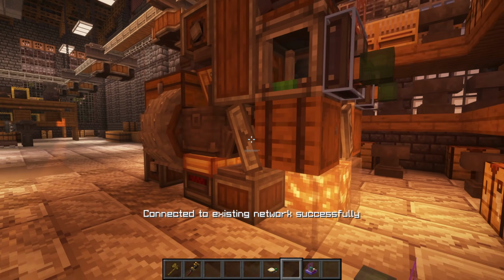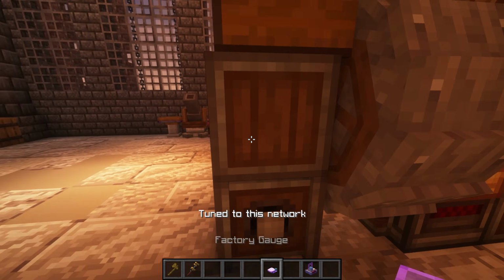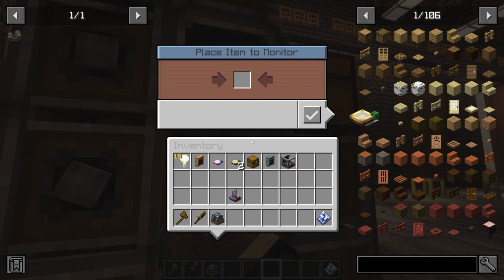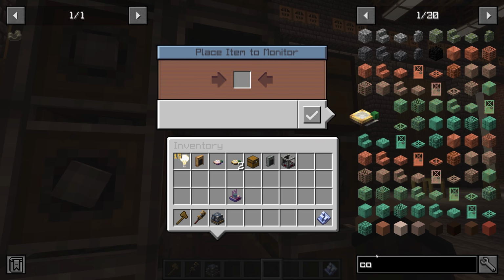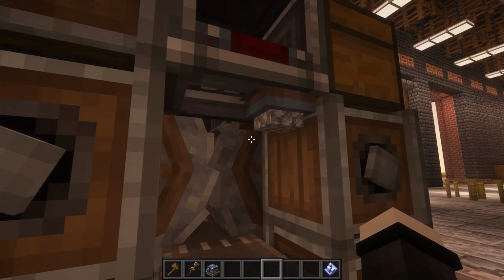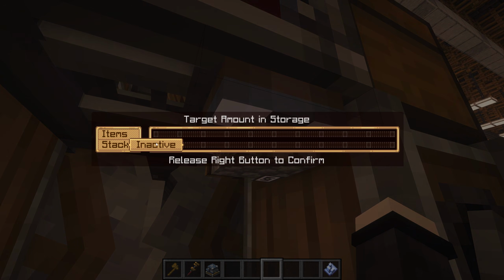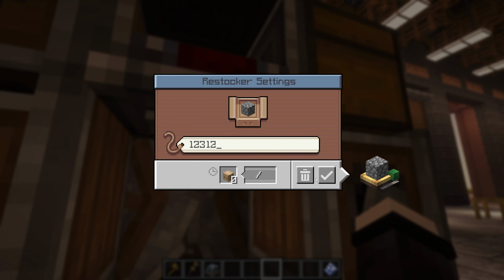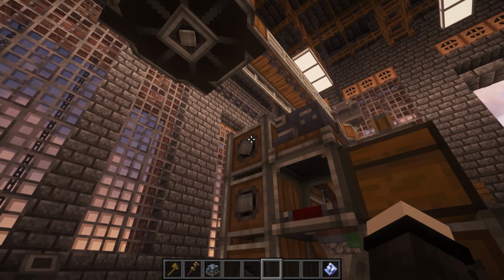Next, link your stock links and factory gauges to your network and place them back down on their respective packagers. Now go to the front of the machine where your input is and assign the factory gauge/restocker to cobblestone. In this instance, I'll be setting it to maintain 16 stacks, but you can assign it to whatever you want. Now assign the restocker to route the cobblestone to the overhead frog port, which will be named whatever you have